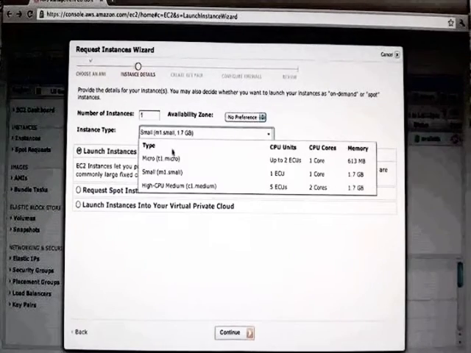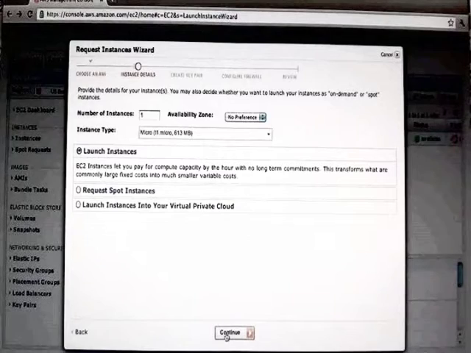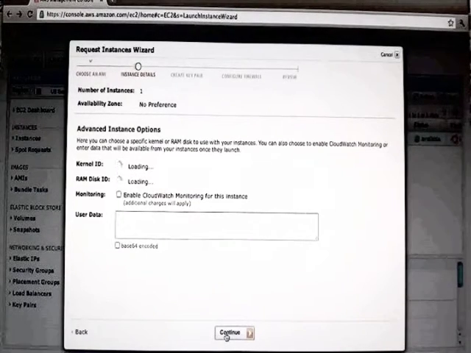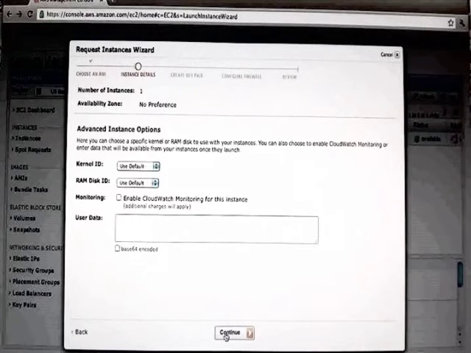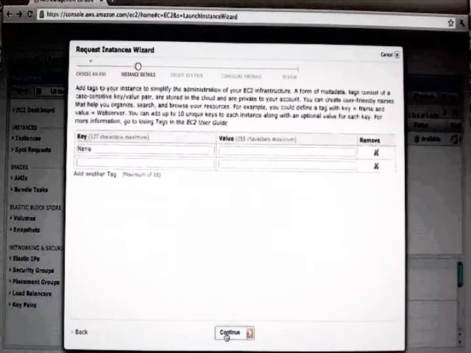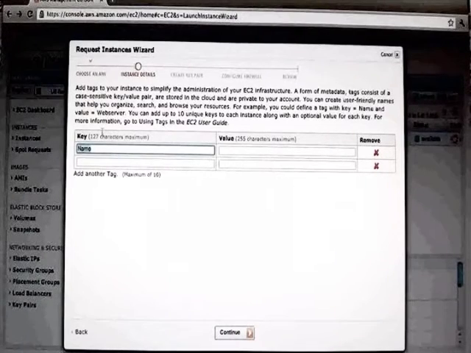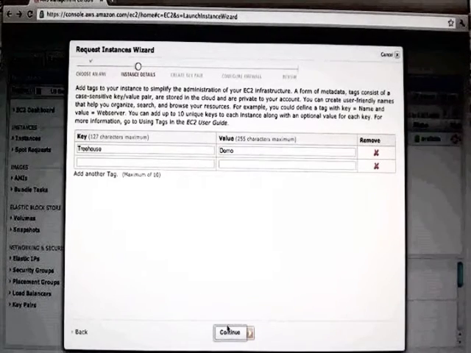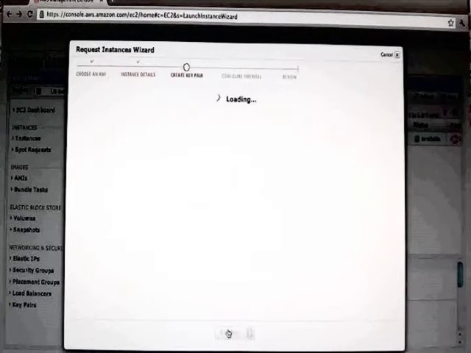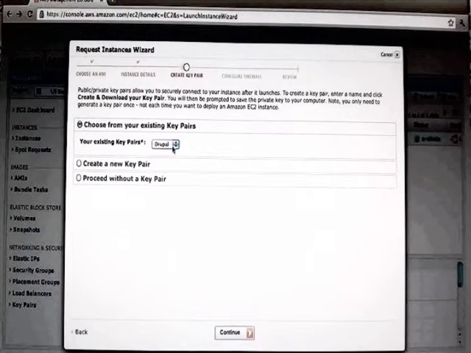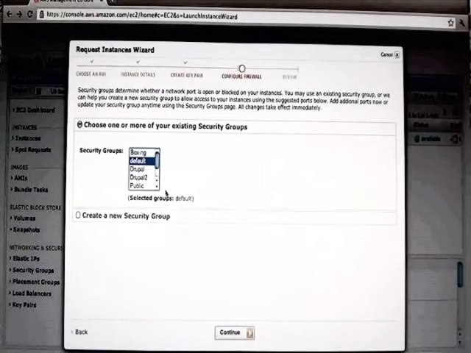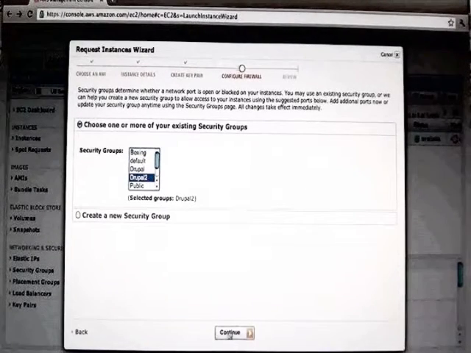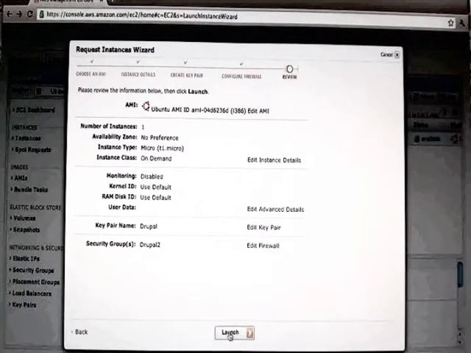And we're going to give it a micro instance, which is their smallest server. We're going to take these advanced instance options defaults, just hit continue. And this is just to keep track of this, so I'm going to call this my Treehouse demo. Okay, and I've got an existing key pair. This is basically just for security reasons, so that when you connect to the server, it knows that it's really you. Also, security groups here, I'm going to choose Drupal 2, which I know opens up the web port and